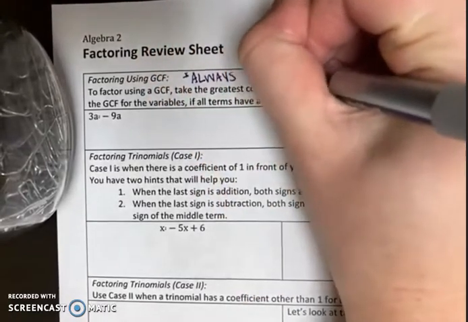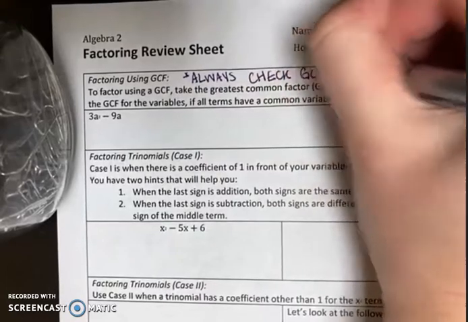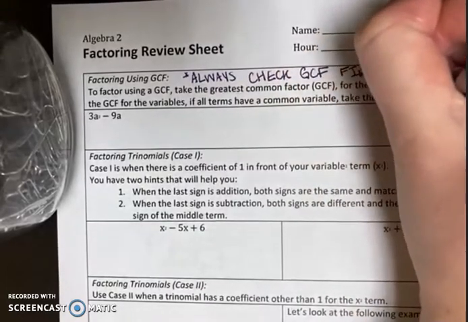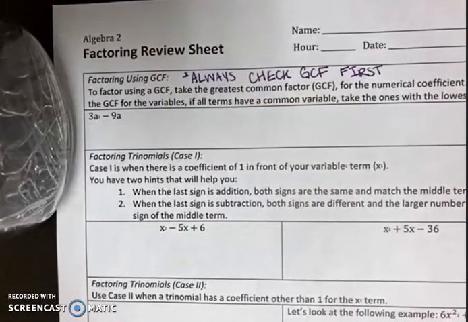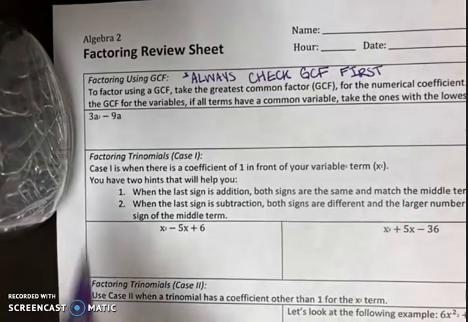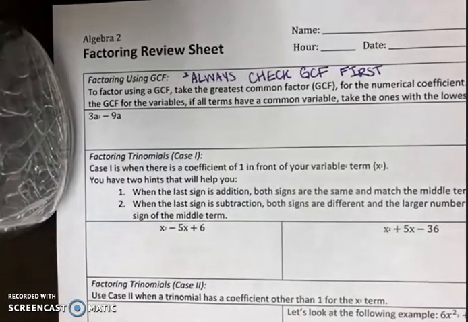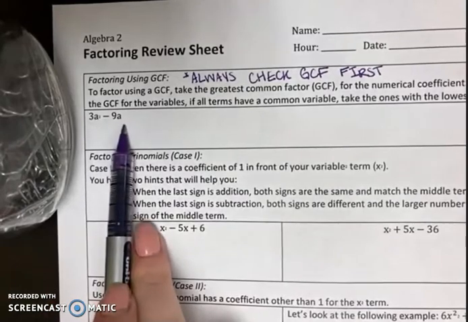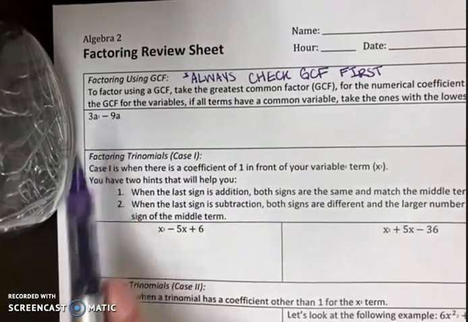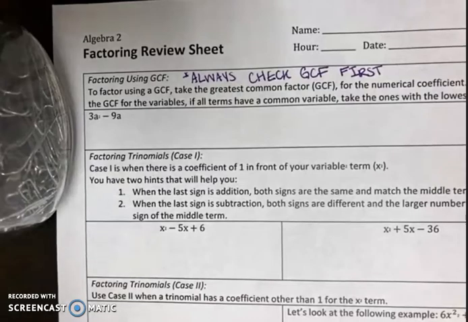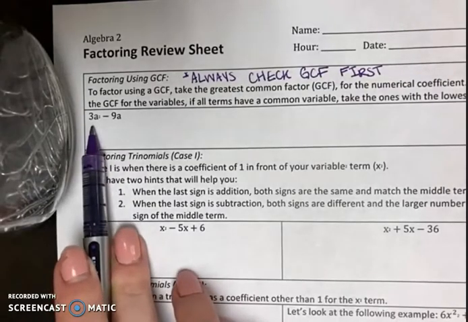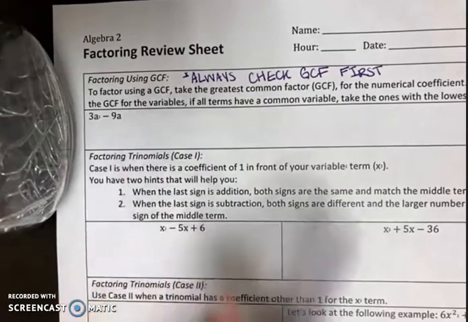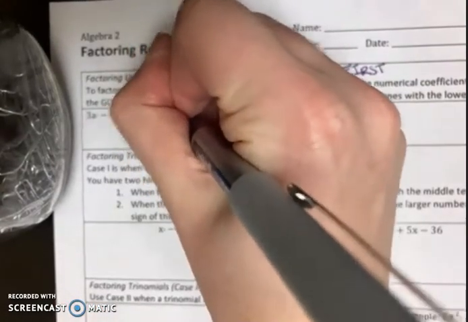check for a greatest common factor first. Okay? When you identify a greatest common factor, remember you can pull out constants, so those are numbers, and also variables. When you're pulling out a variable, though, you need to make sure that you only pull out the lowest power. For example, if I have 3a squared minus 9a, to identify the greatest common factor, I'm going to